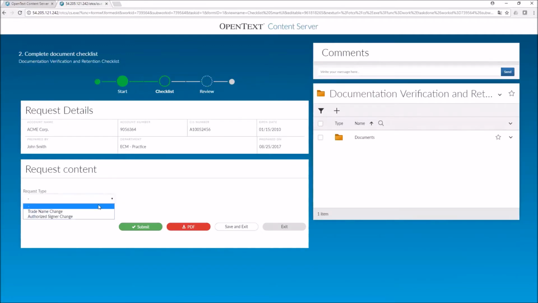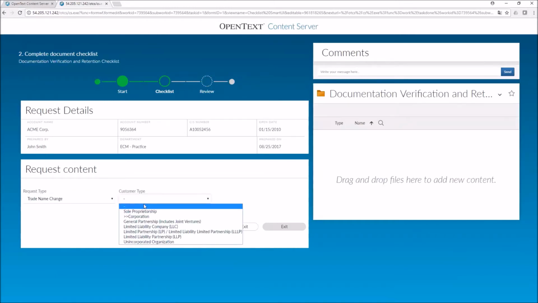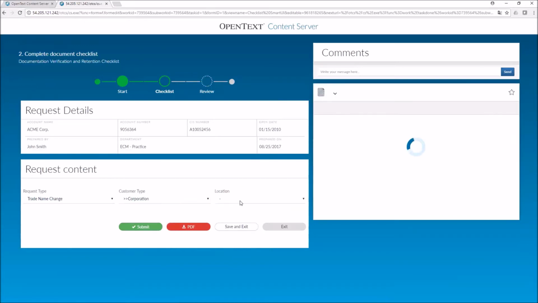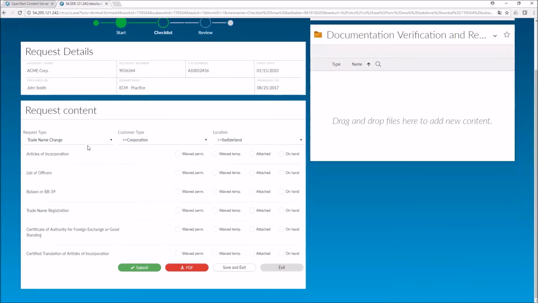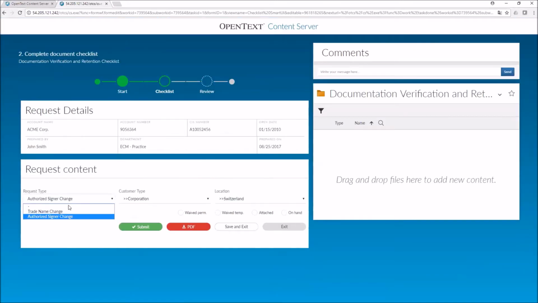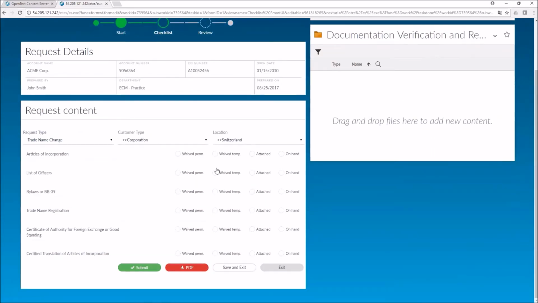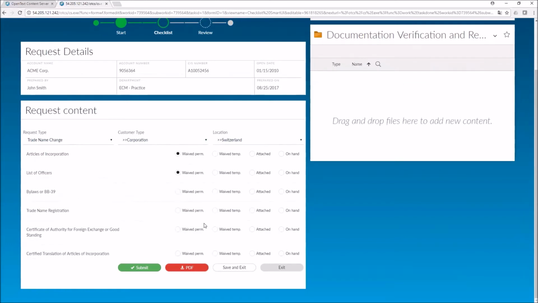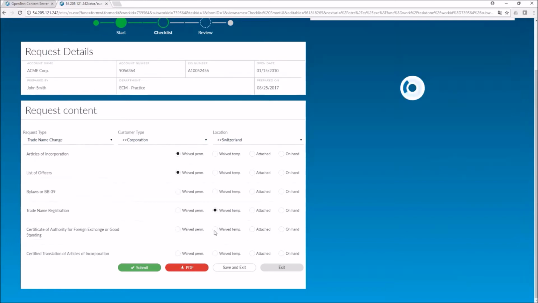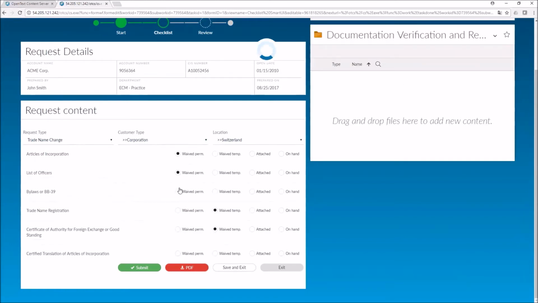Again, this is characterized by a dynamic form. So based on the type of request, I'll need to provide different documentation, as we can see here. But we'll use a trade name change, which is a little bit more interesting. Now, if I say that I have waived these permanently and these 2 temporary, what I'd like to show is